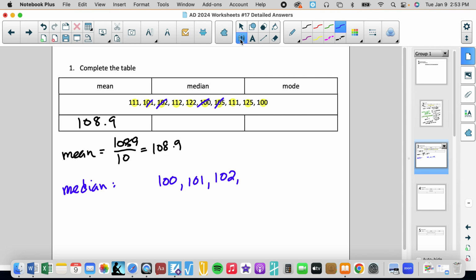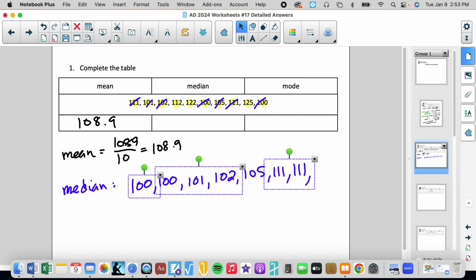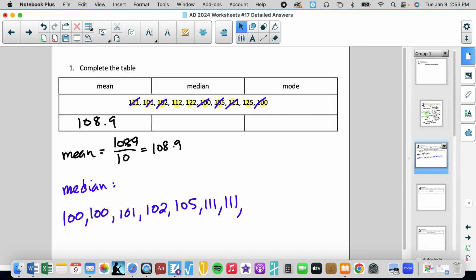If you make a mistake like that, then we have 105 that I had marked off, then 111 twice, 112. Now I got to move them again. Okay, grab 105. Let's move it this way. 112, 112, 122,